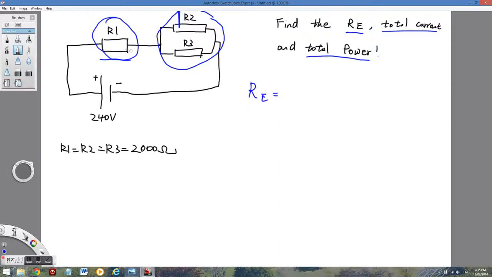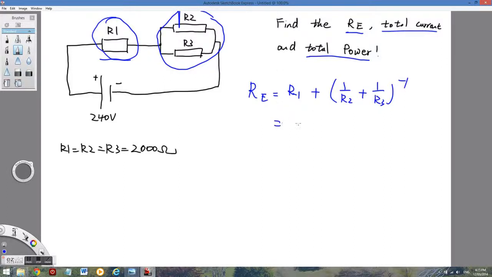So the equivalent resistance will be R1 plus the total resistance of R2 and R3 in parallel. Remember this, R2 and R3 bracket, minus 1, because R1